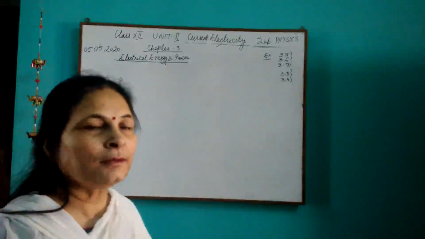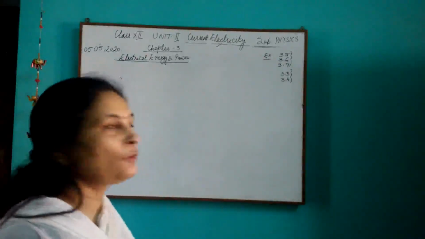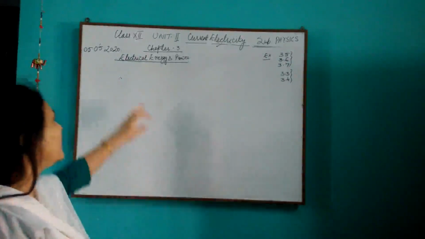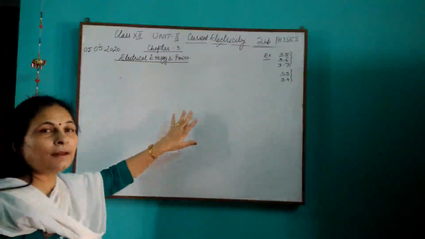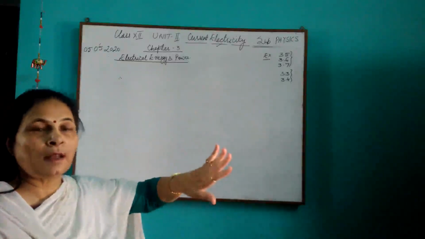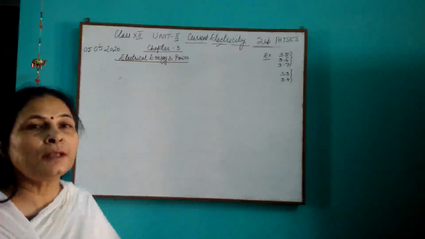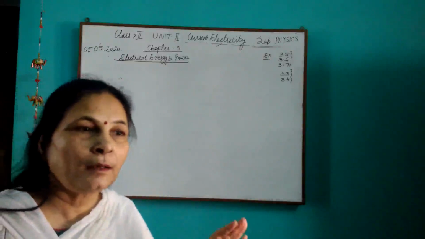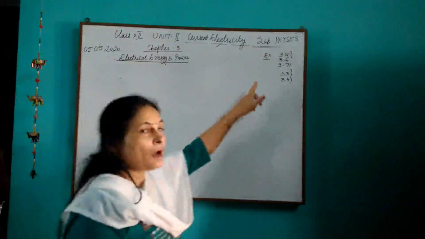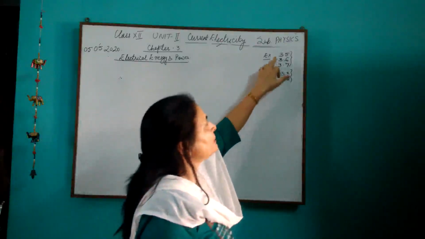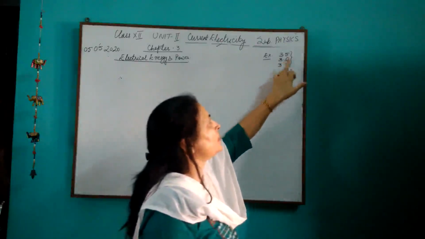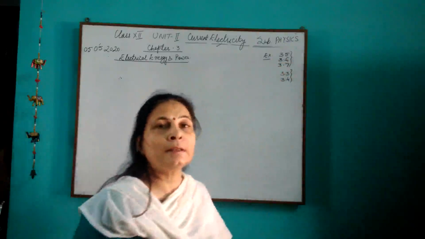Good morning, children. So now today we are going to go for another topic, that is electrical energy and power. Yesterday we had talked about resistivity and resistance and how the resistivity changes with temperature. If you have done it nicely, you can attempt these questions, exercise 3.5, 3.6 and 3.7 from your NCERT